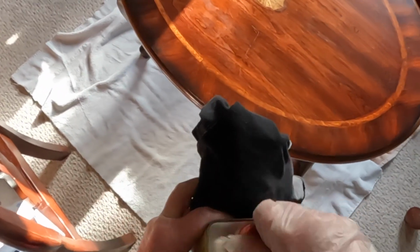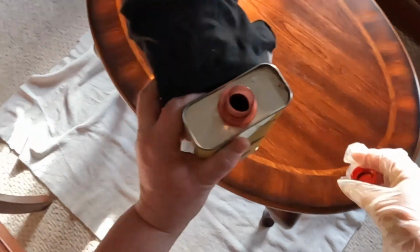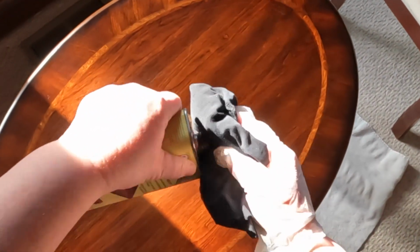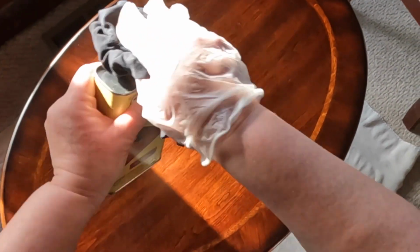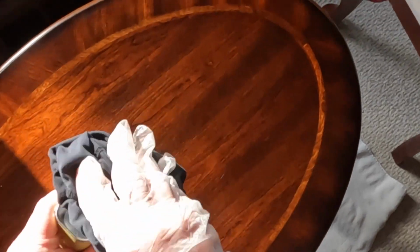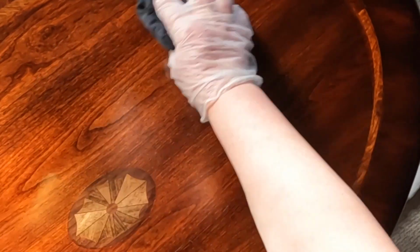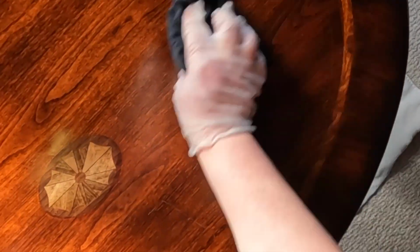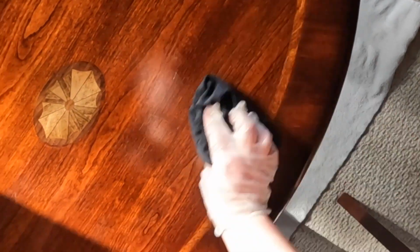Okay, so now I am using the Howard's Restore-A-Finish with mahogany color. It's the same as I used on my table. I love mahogany, it's my favorite. Now, when you use it, it says to shake it very well, and that's why I was shaking it back and forth. So you go with the grain,